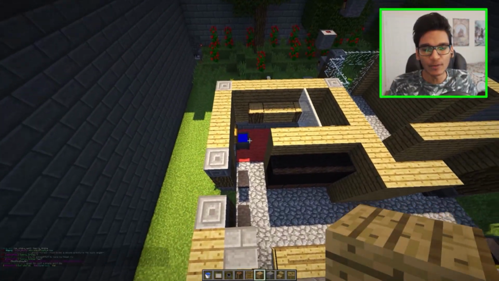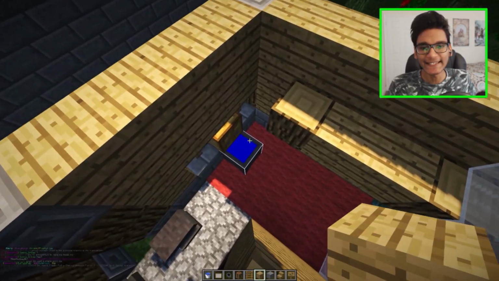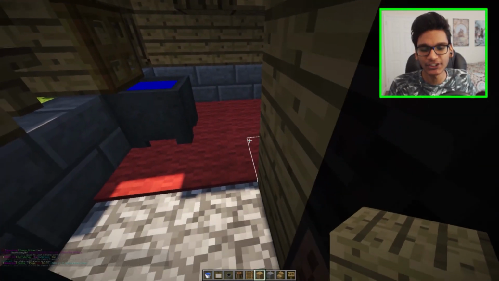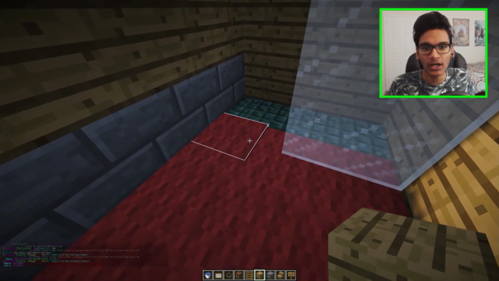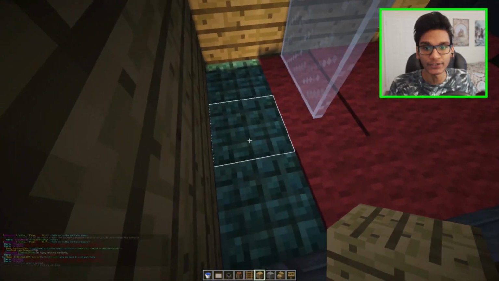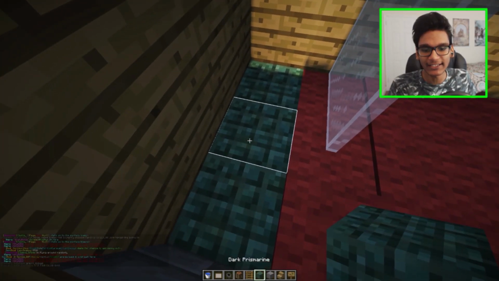Alright, so I did a bit of decorating. Let me go ahead and show you what I did. I made a cauldron over here with water. I placed a trapdoor on this block right over here, which is going to be our toilet. I replaced the floor with some red wool, as well as added in some stained glass to be a barrier for our shower, and I added this block at the bottom, which is our dark